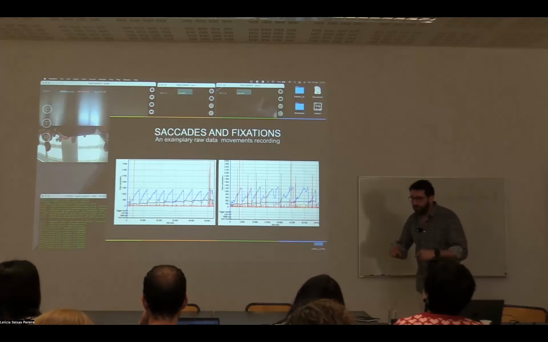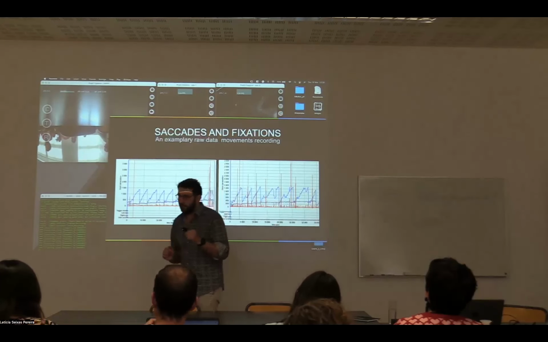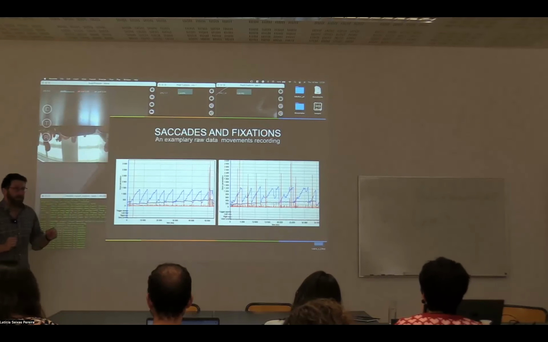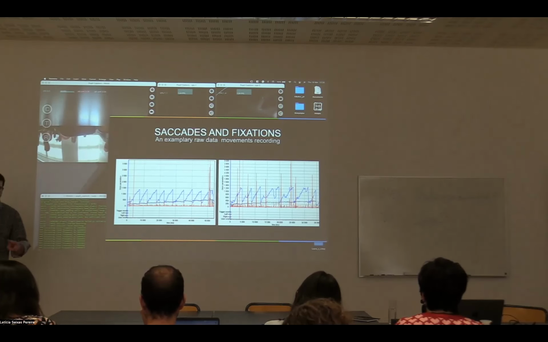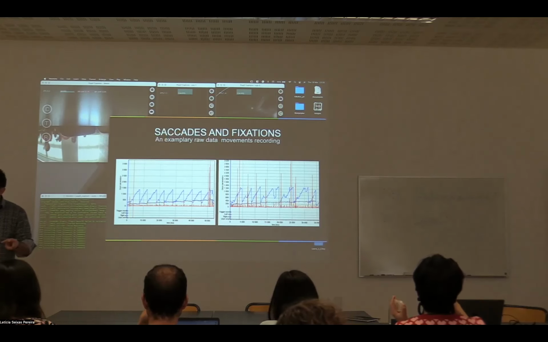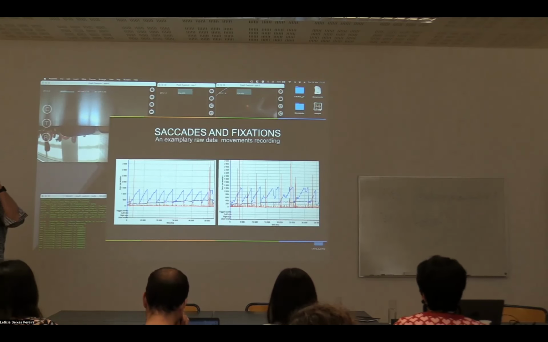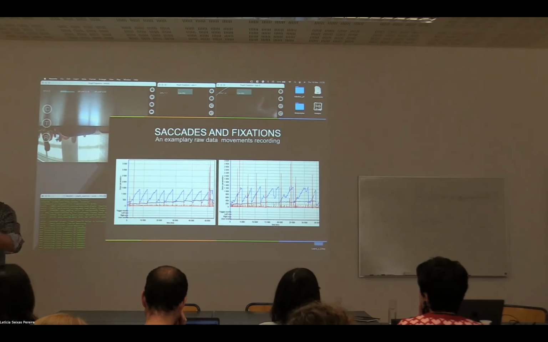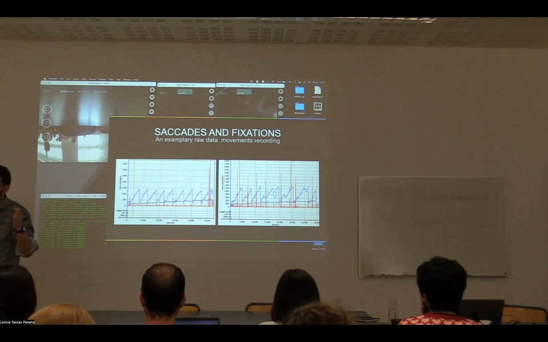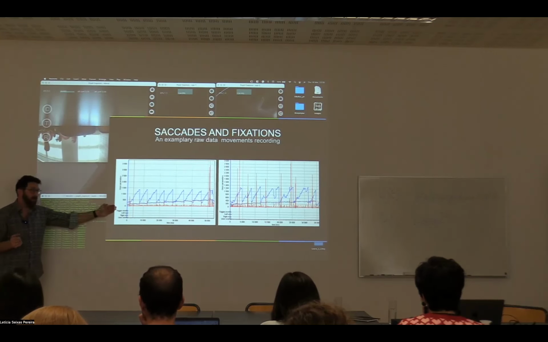So when it comes to the measurement, how we see fixations and saccades in the measurement of the eye, actually what you have from the eye tracker is two columns of numbers. One is representing the position of the eye on the vertical axis, and the other is representing the position of the eye on the horizontal axis. And the third column is showing the timestamp, right? So you can easily plot it in this technical way.